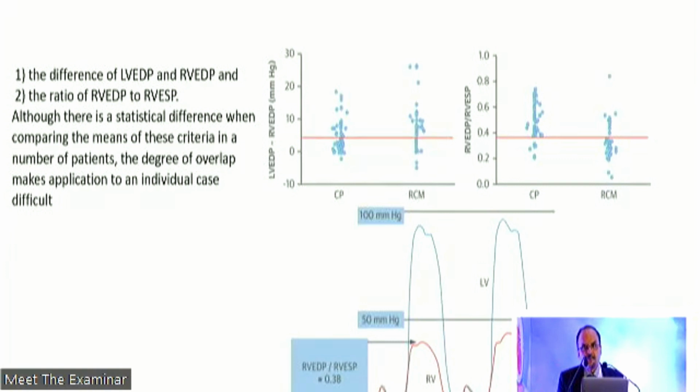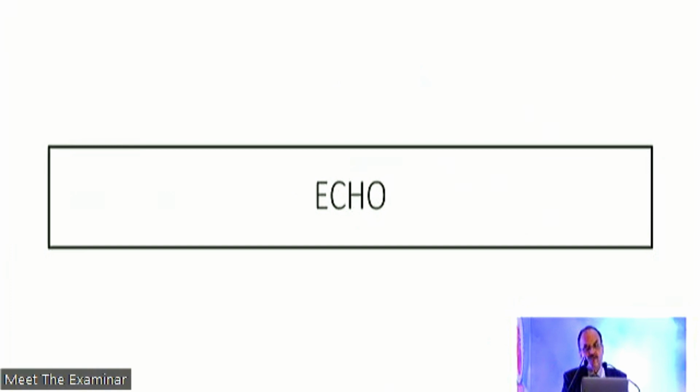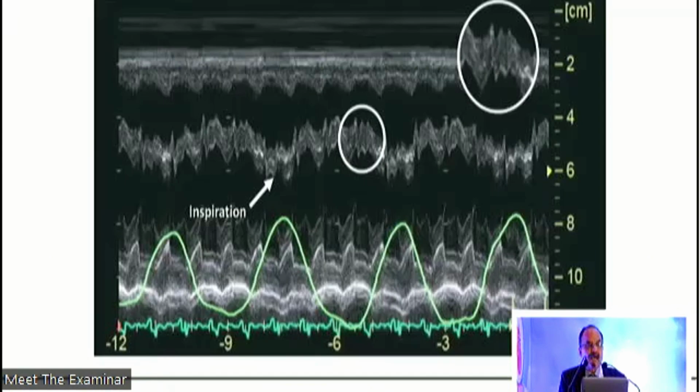This is a problem in medicine. You don't have very definitive values, and you will have a slight difference in the values from one to the other. Now, let us go to the echocardiography, because echocardiography is another thing which helps you to distinguish CP from RCM. As we see here,